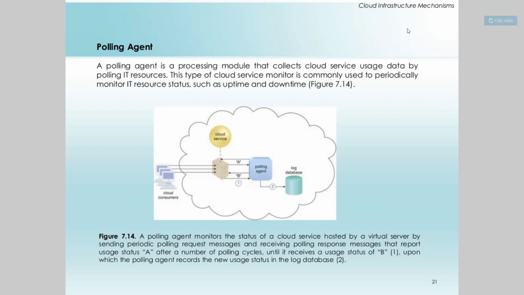The same happens with us also, whenever we are consuming our mobile data. We usually get messages like you have consumed this much data so far and this much is left. So this is also taken care of by your polling agent. It is not just going to take care of uptime and downtime of the monitors, but it is also going to keep track of how much usage has been covered so far and what is left. So that is all about your polling agent.